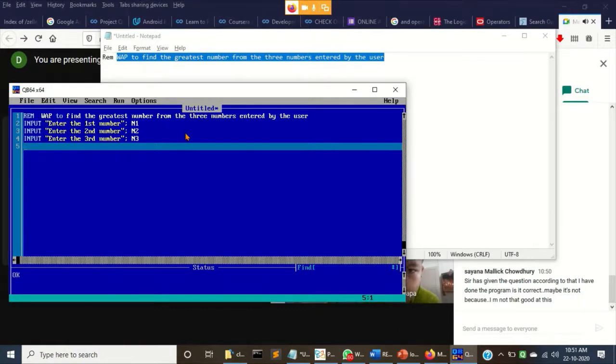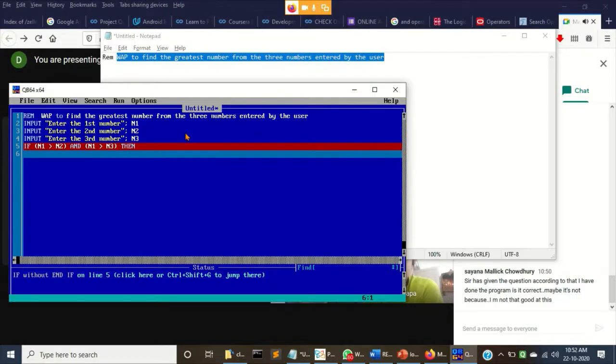Now see the if. If n1 is greater than n2, and n1 is greater than n3. Here I am comparing n1 with both. While comparing with both, what is happening?